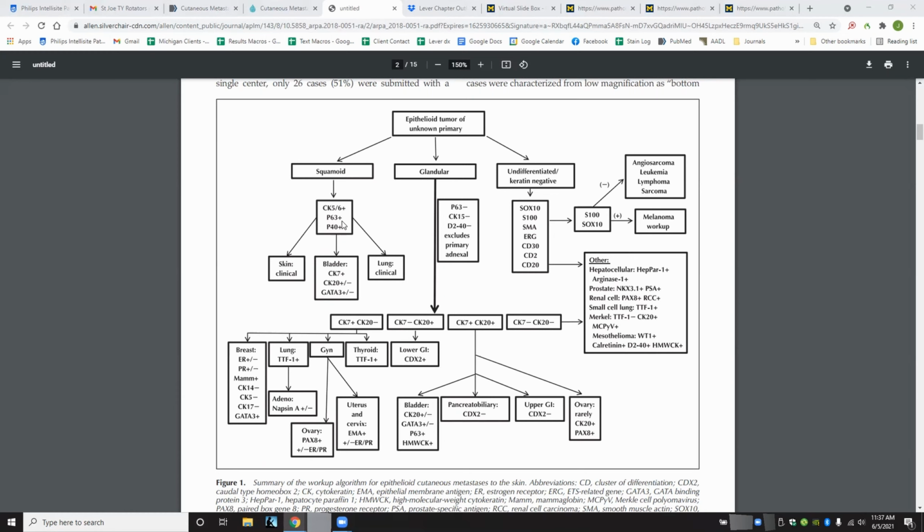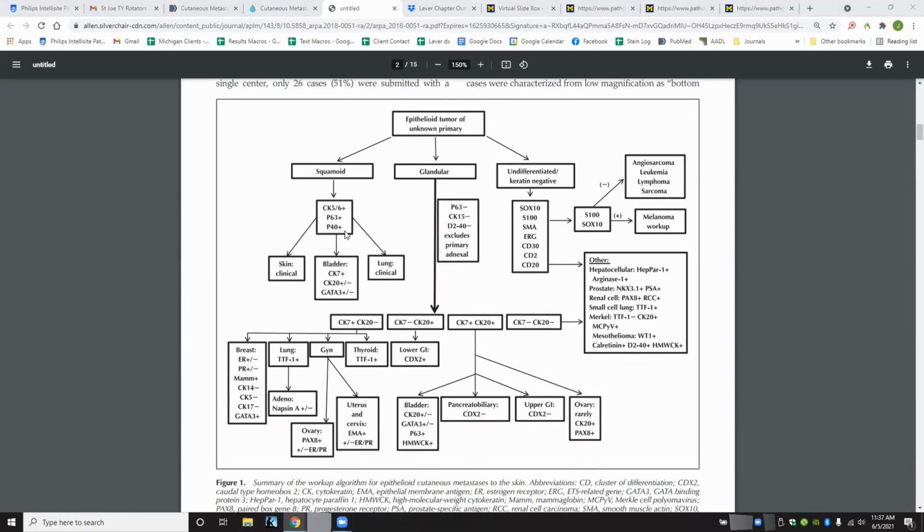The other name is P40. So you can see P63 or P40 to see if it's primary adnexal origin. If it's skin origin, those will be positive. If it is a metastasis, then those are going to be negative. So you can try and see if it's a primary skin adnexal tumor, or if it may be a metastasis